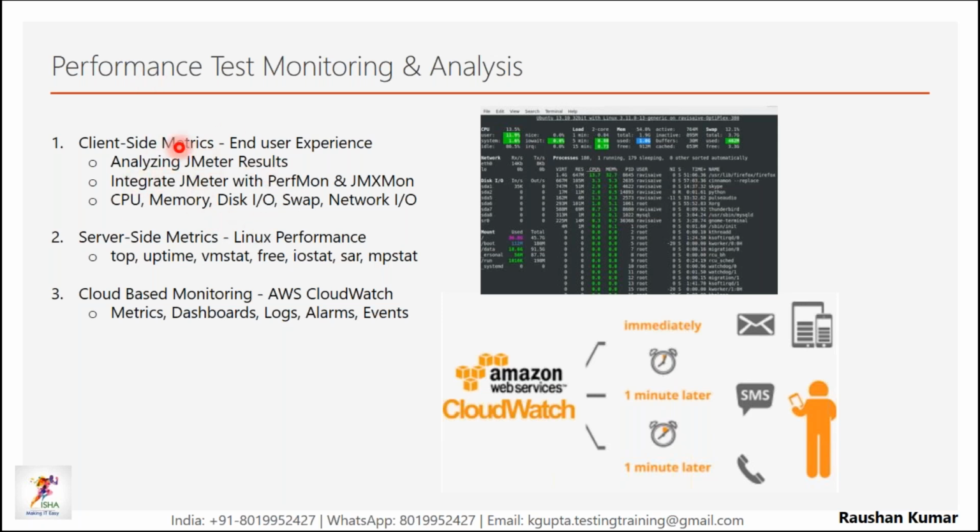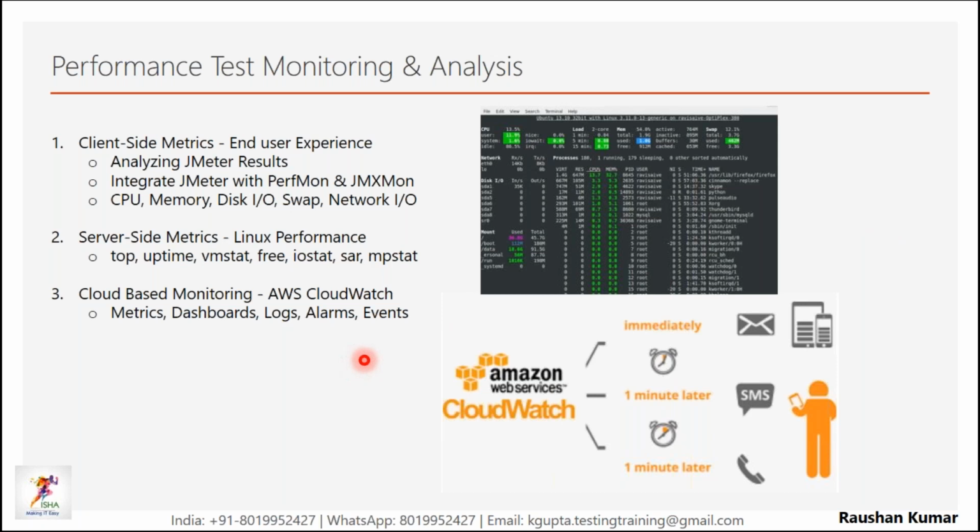First of all, we'll see what all we can collect from JMeter. We'll use PerfMon and JMXMon in JMeter to collect all the metrics: CPU, memory, disk IO, network IO, and swap, using client-side metrics for the end user experience. From the server side, we can use Linux commands: top, uptime, vmstat, free, iostat, mpstat.